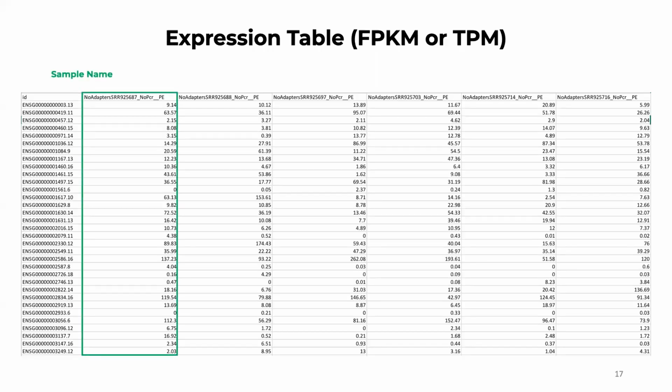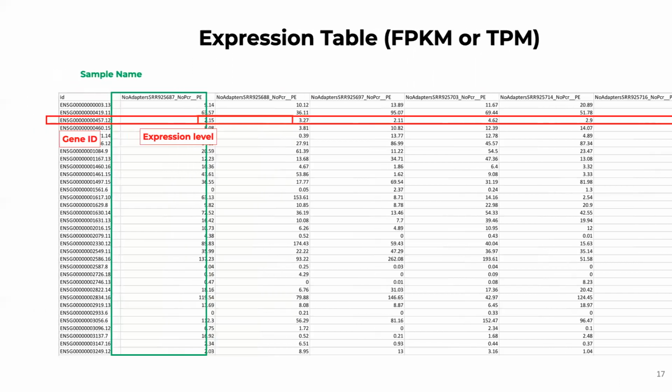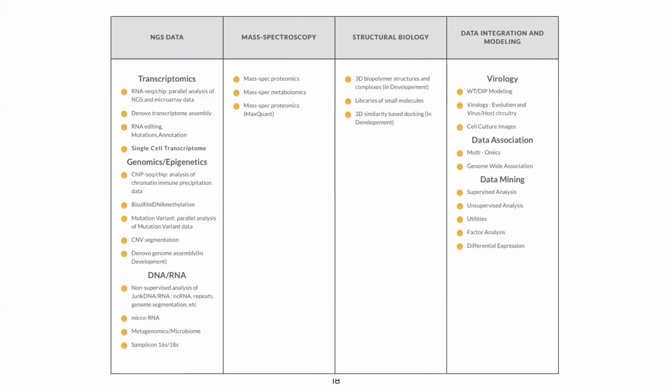That table of expression will have samples and genes. So the samples are characterized by expressed genes. It's important to remember that the expression level can be in a number of different formats, FPKM, TPM, individual read counts, and we can normalize that data to make sure that we are comparing apples to apples. We really have replicates and groups. We really have comparable measurements in each one of our samples. So those types of pipelines are located under the